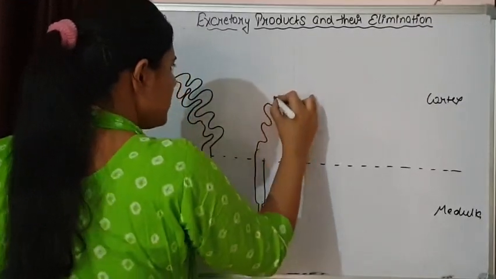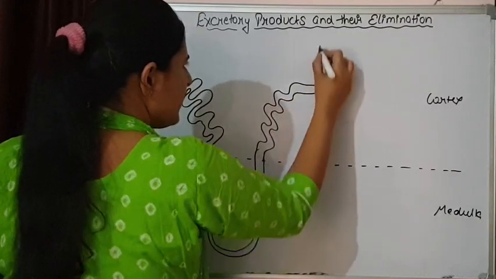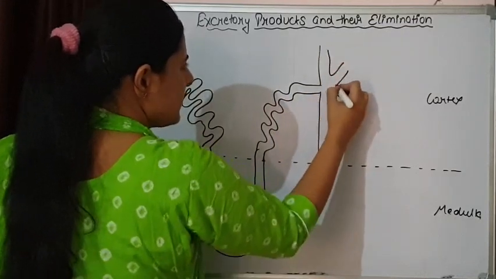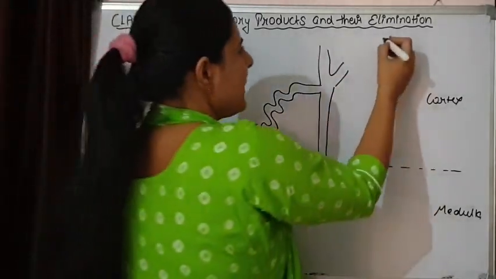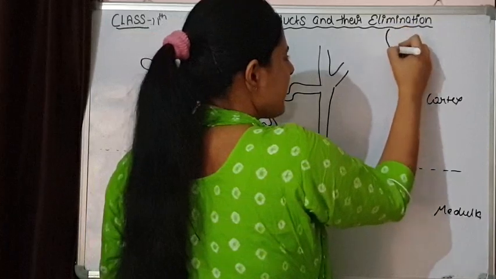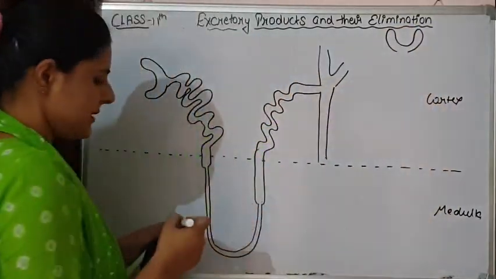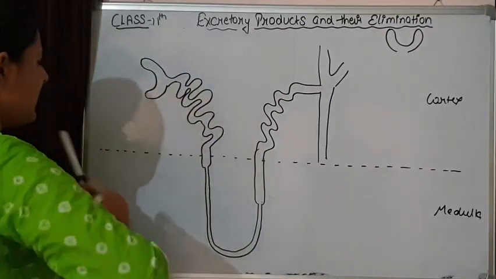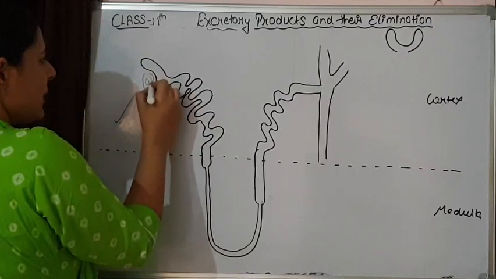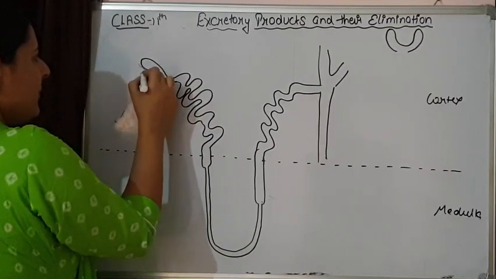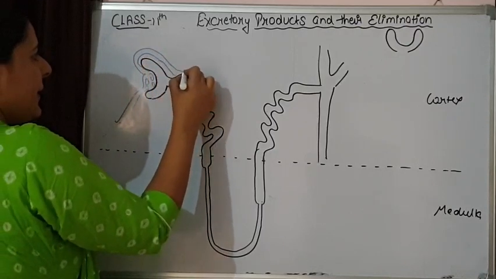The DCT is going to combine with the urine collecting duct. This is how it is going to be present. But if we show a cortical nephron, over here I said vasa recta is present. That means afferent arteriole is entering, the glomerulus is going to form, the efferent arteriole is coming out, peritubular capillaries